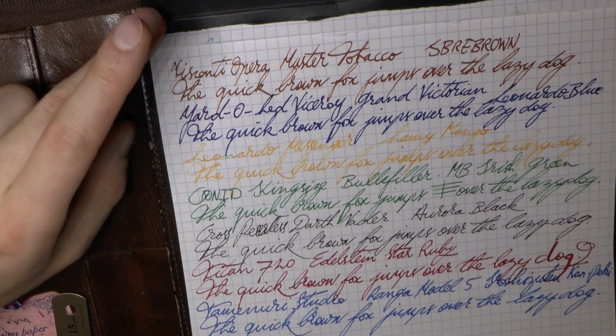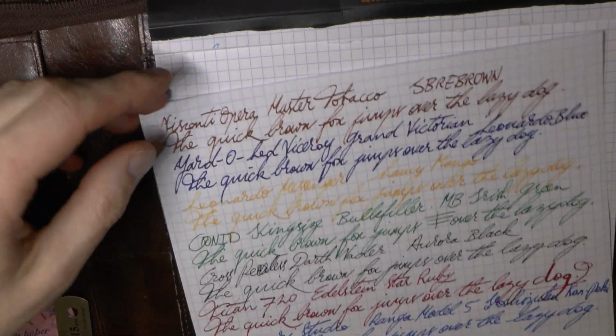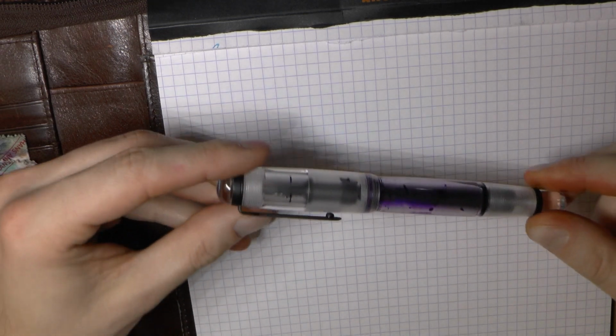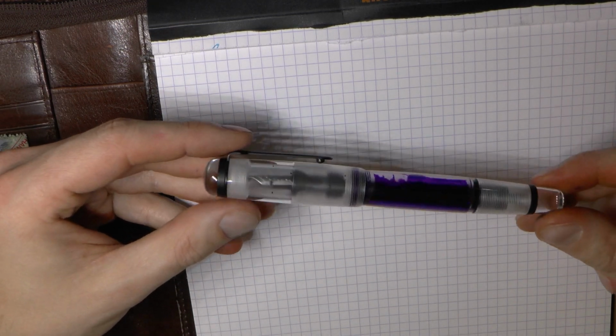I am going to tear this out. Sort of let this dry. I'm going to turn it around so that I can write on the other side. In the meanwhile, I'll show you this pen as that final bit of ink dries. Here we have the Opus 88,